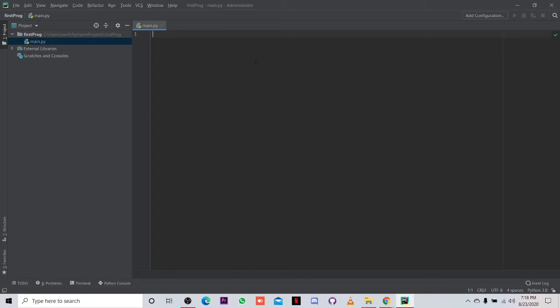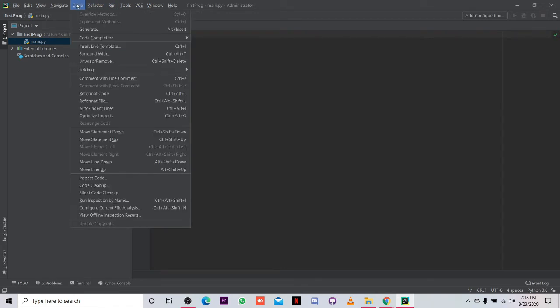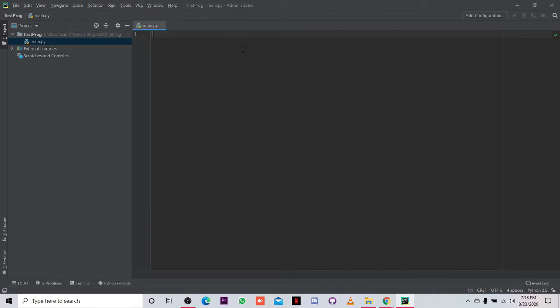We write code over here, and we get so many help options. We have a help option over here, and a lot of tools. We have debugging tools already installed, so we don't have to worry about debugging tools or your SDK or anything else. So you can use a lot of options from your IDE. Let's move on to our coding section.